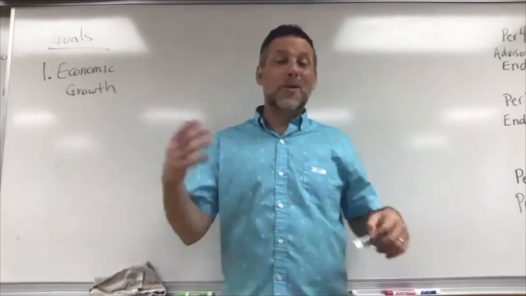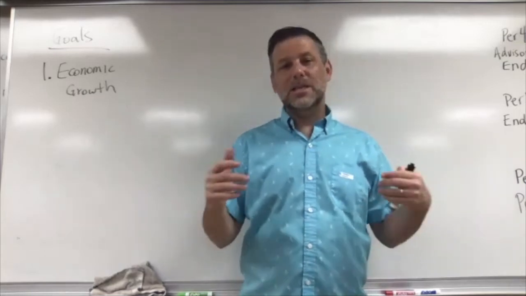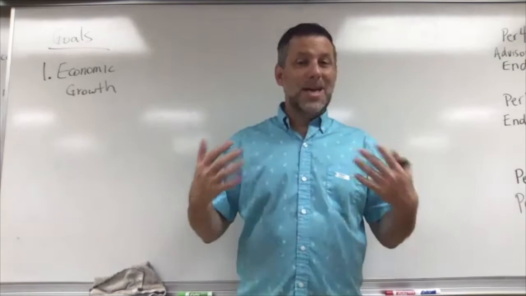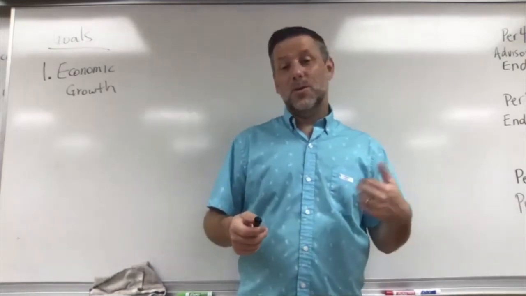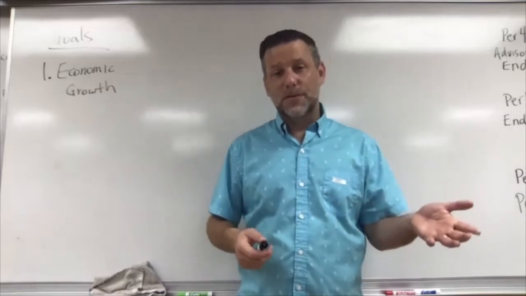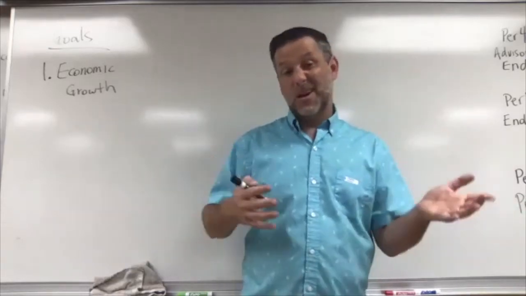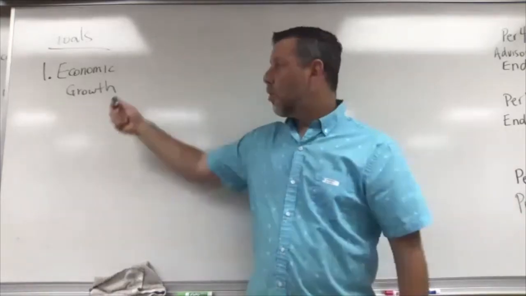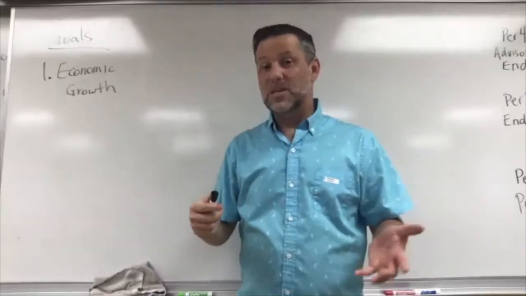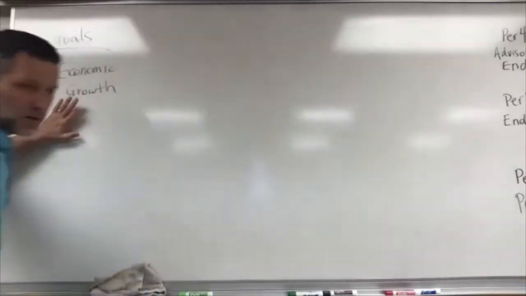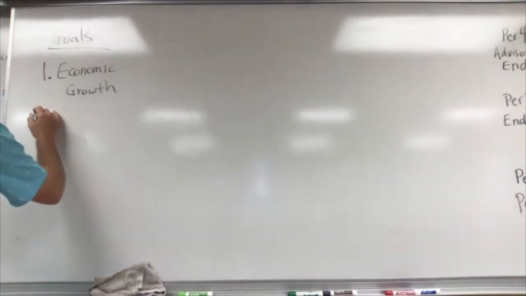So the more stuff we have to share, the easier it should be for us to figure out who gets what, or at least the decisions that we're making aren't as life and death decisions. It's better to figure out who gets the second helping of food rather than trying to figure out who gets food and who doesn't. The more we produce, the easier the decisions we make should be. So our first goal is we want to grow the economy so we have more stuff to share. Our second goal